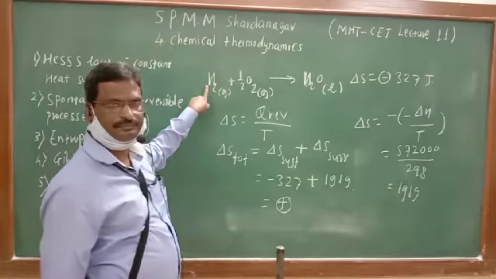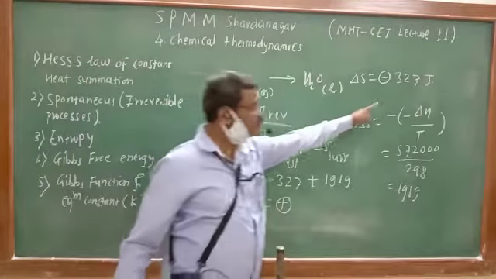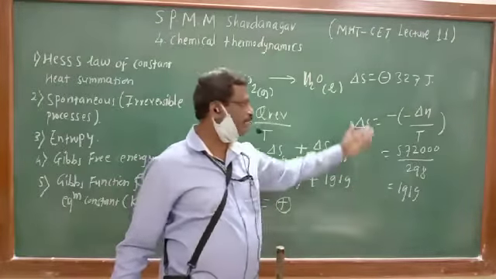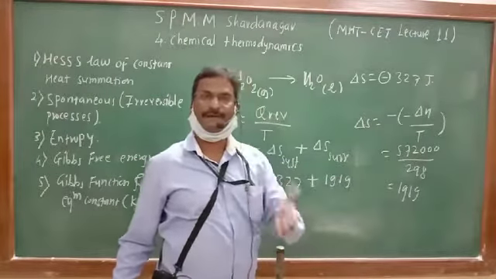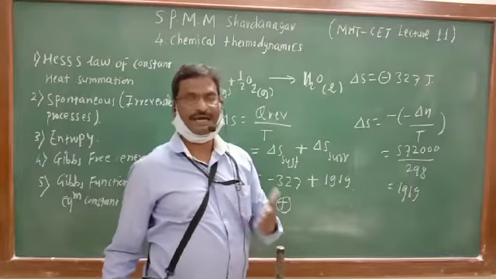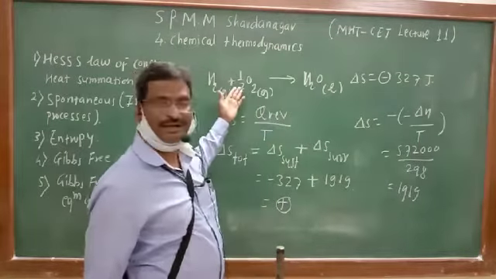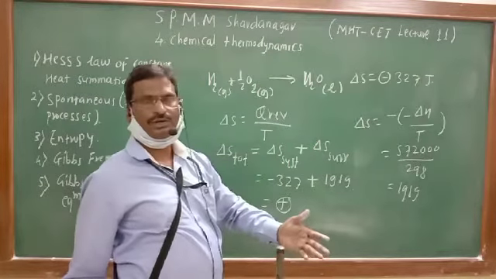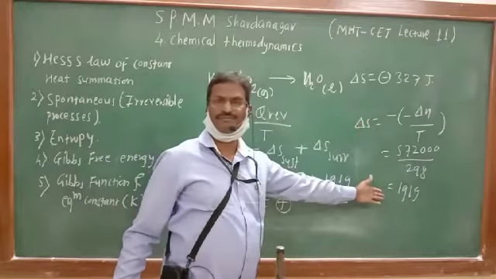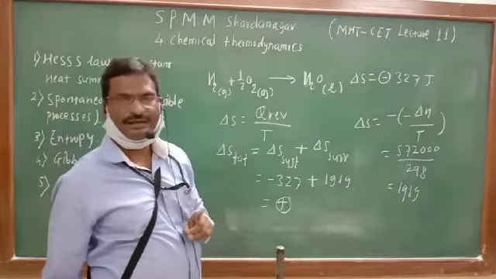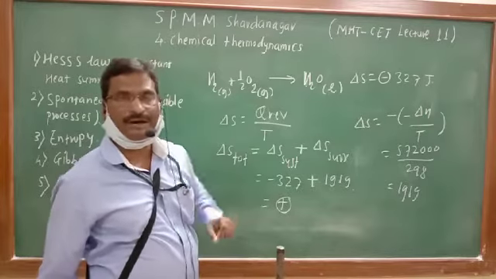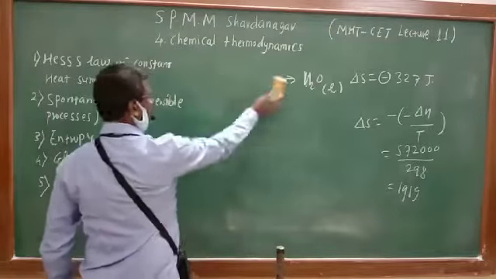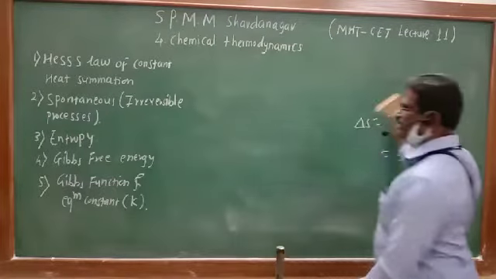But to find out this value is highly difficult. To find out this value is a highly difficult task. And scientists are interested in the chemical reaction in the system rather than the surrounding. Therefore, in order to avoid this type of task, Gibbs and Helmholtz developed a function known as Gibbs free energy. So let us see the fourth point over there.